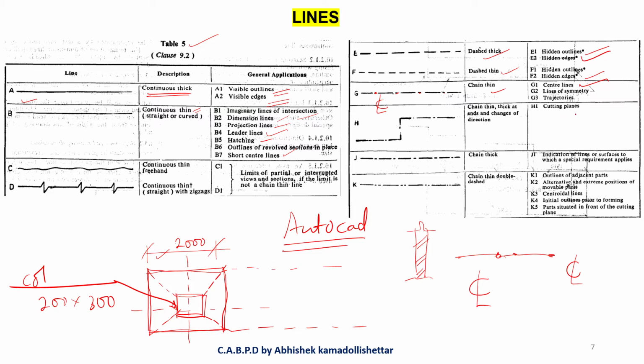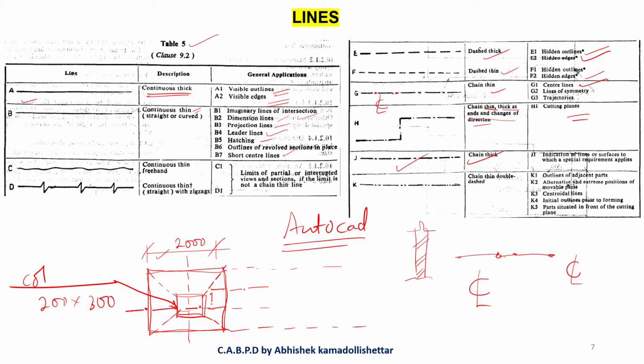And cutting planes. See, the cutting planes or sections which you need to consider. Suppose I want to cut this wall, or this plan. So I need to have cutting edges. I want to cut up till here, then go straight like this and then cut. For all these things, this type of line is used, which is thin, thick at the ends and changes direction. And chain thick